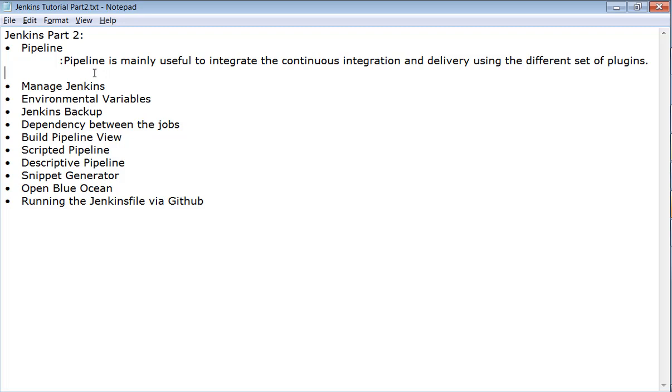So we are always talking about creating a pipeline. The pipeline is nothing but integration of continuous integration and delivery using a different set of plugins in Jenkins.